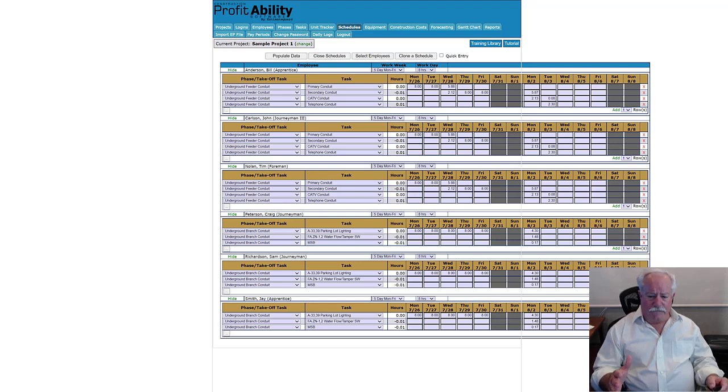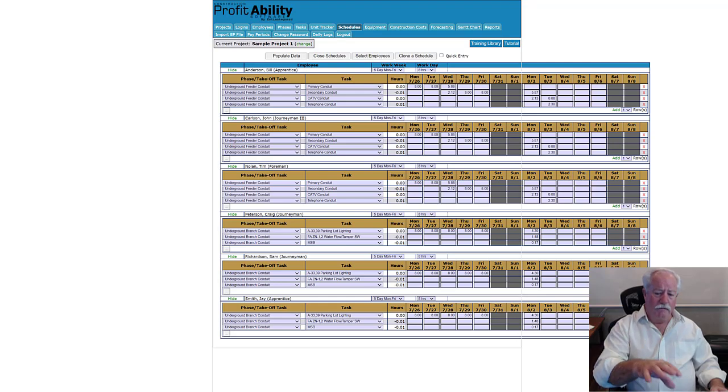So, I would like you to understand something. This software and this system is a tool for you to use to see and understand what's happening on your project before it happens. If you've ever watched a military movie or documentary where they have the big table with simulated terrain and they're using sticks to push tanks and troops around, kind of simulating war, that's what this is right here. And you're gonna be surprised